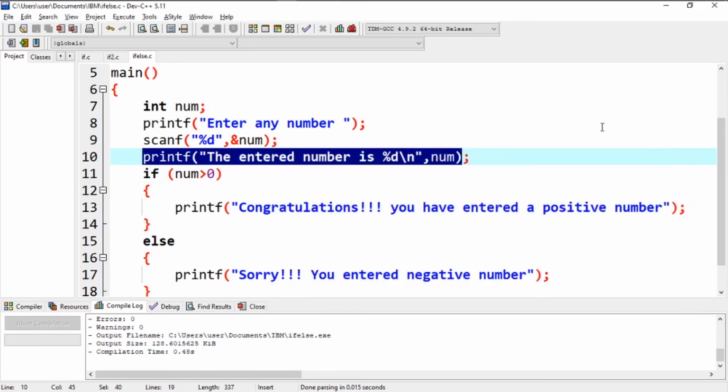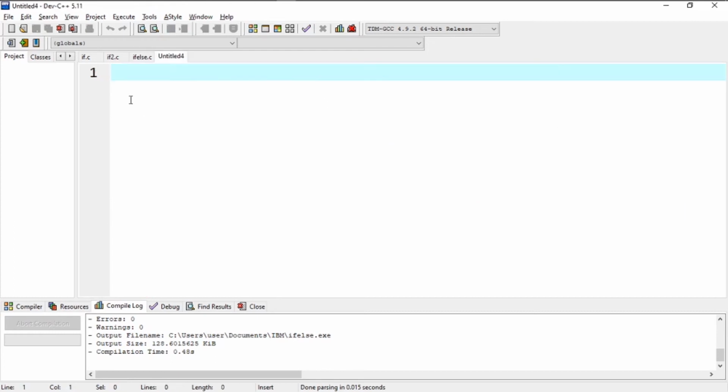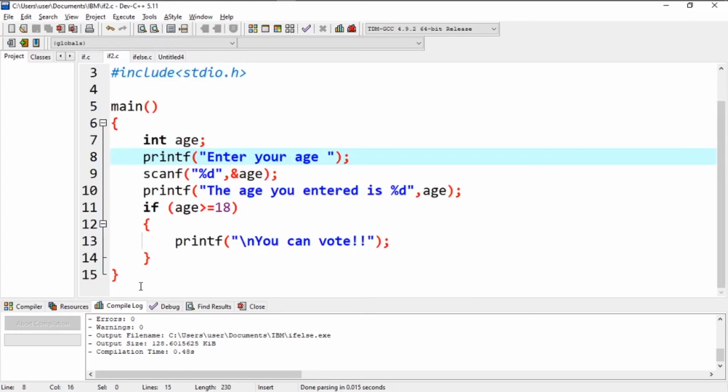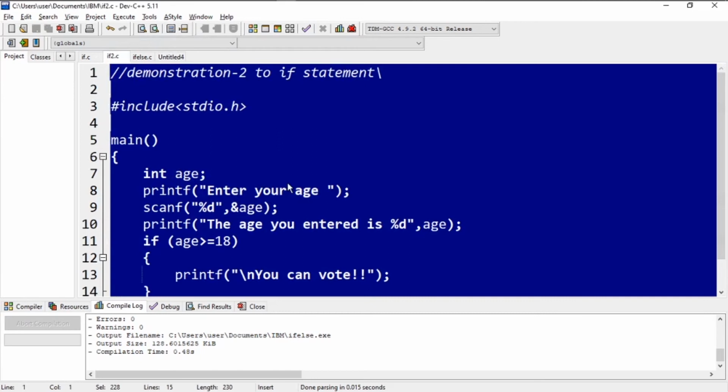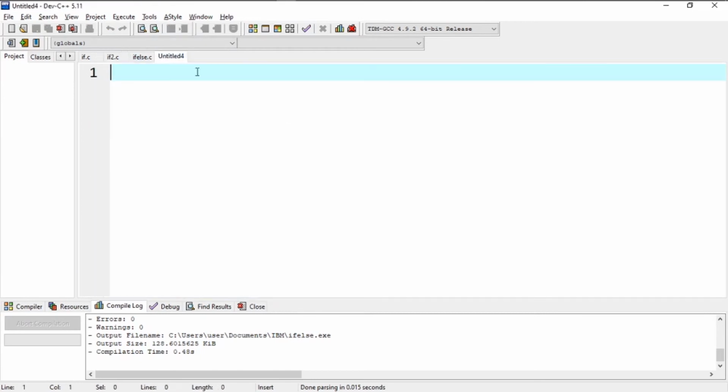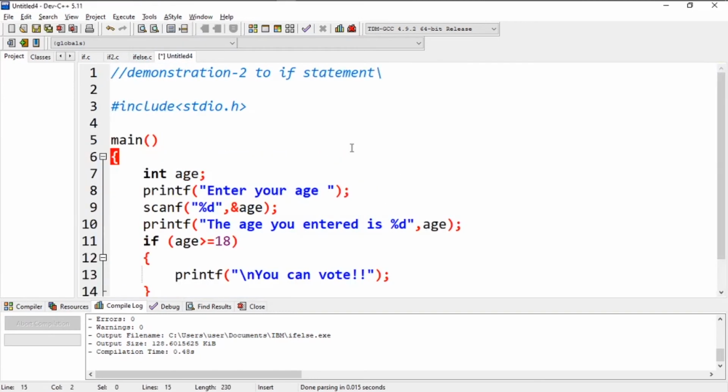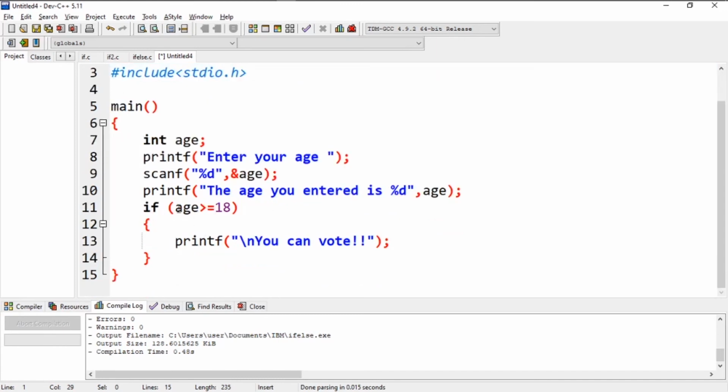I'll close it and create a new file to give you another example. Let's copy the code from our previous program and paste it over here. I'll write demonstration 2 if-else statement. This program will ask the user to enter his or her age. After that it will store it in the variable age, print the entered age, and check the condition, that is, age is greater than or equal to 18.